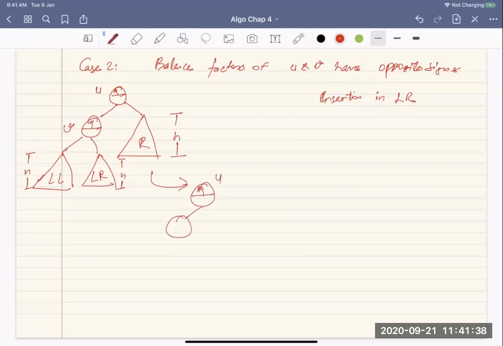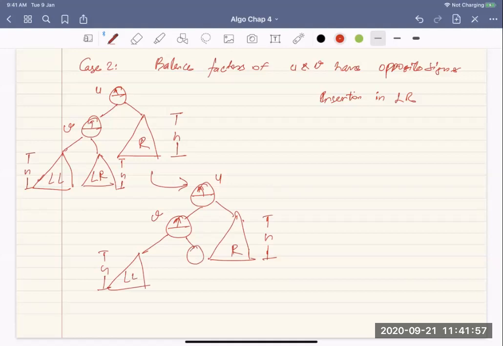So u, v, r is of height h, and the left subtree is like this, LL, but at the right you find a node w, and let's say in the left of this there is a change. So this becomes LRL, its height now becomes h.